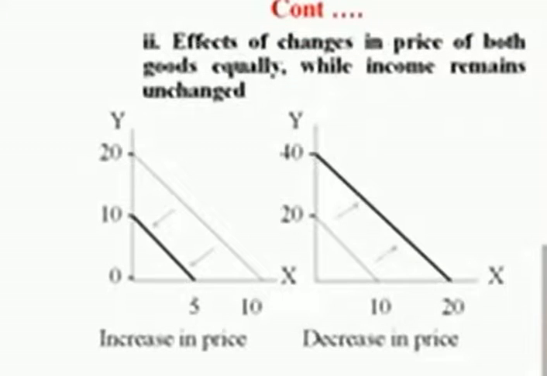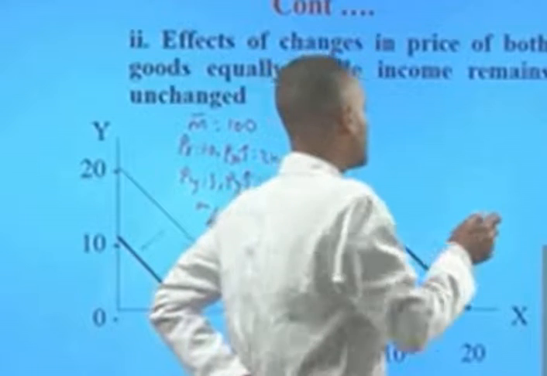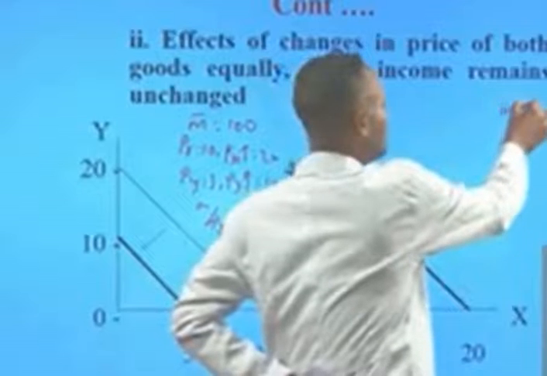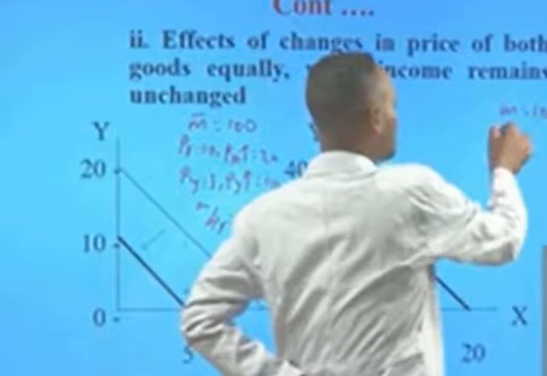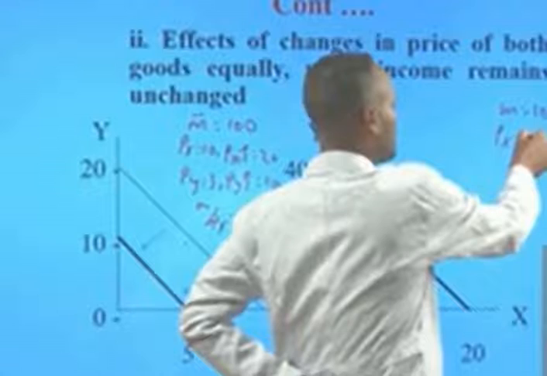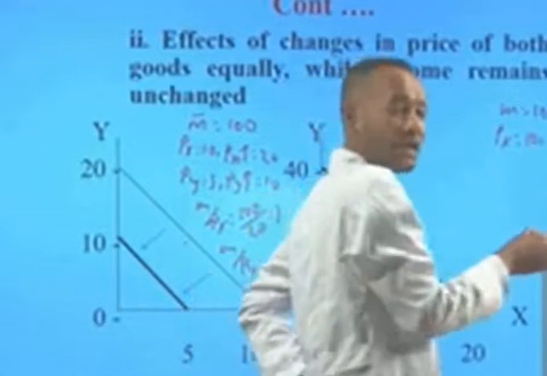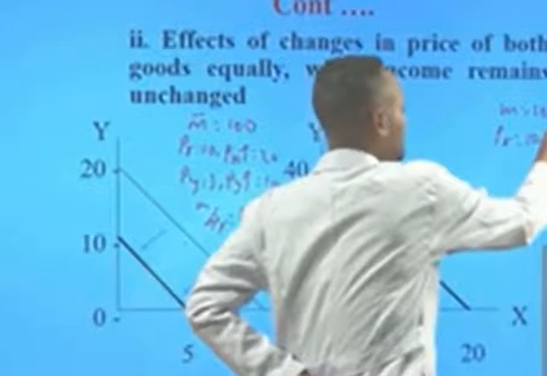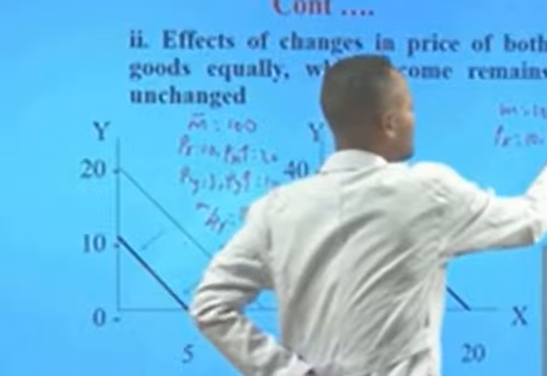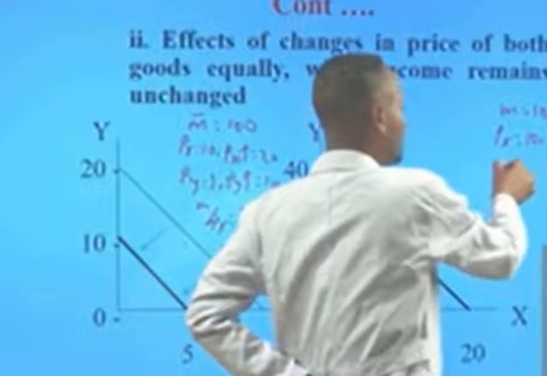The opposite will be true when there is a fall in the price of both goods by equal percent. For example, income of a consumer was 100 birr and the price of commodity X was initially 10 birr. Now let's see the effects when the price is halved. Let's take the price of X declined to 5 birr, and if the price of X is